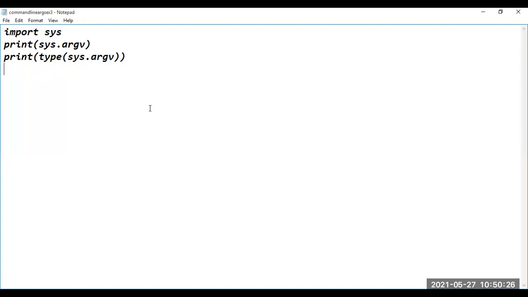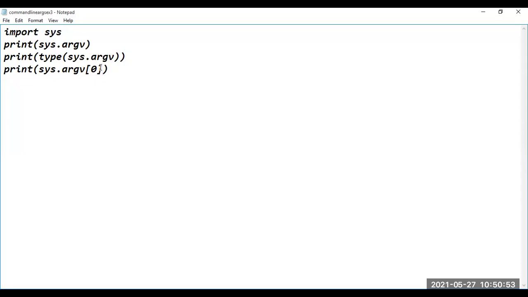Please respond, guys. print of sys.argv of 0. What does it display? Which element is accessed from the list? argv of 0 accesses the first element of the list.